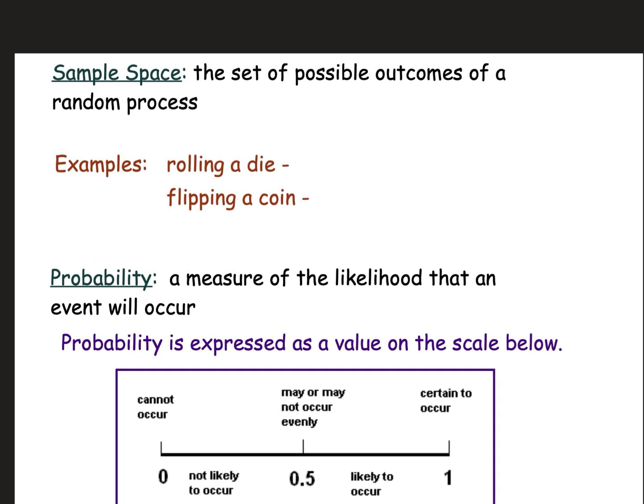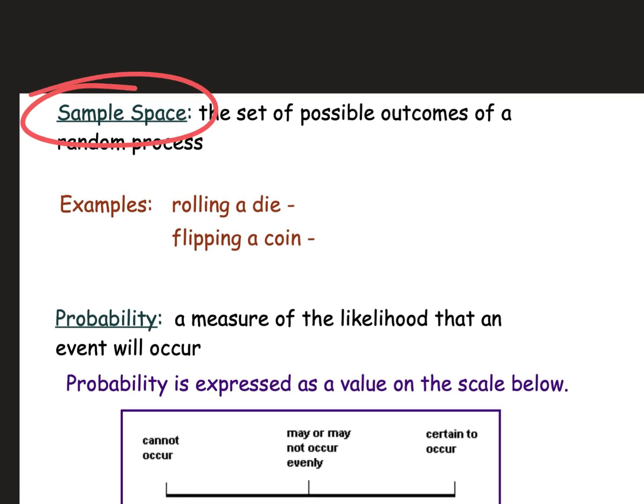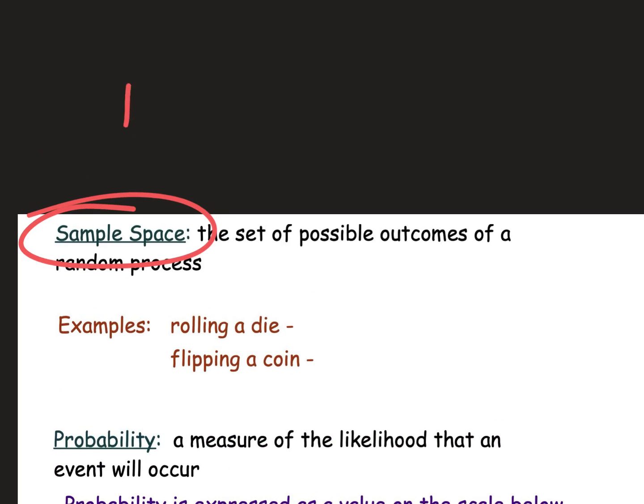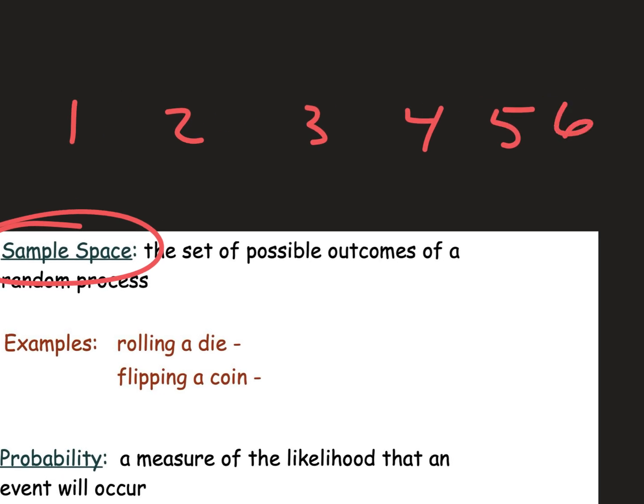All right. Sample space. That's one of the weirdest ones. You remember that list of 36 things that can happen on the die? That's the sample space. It's all the things that could happen. What if I'm rolling 1 die? Well, then the sample space is 1, 2, 3, 4, 5, or 6, because those are all the things that could happen. So a list of all the things that could happen, that's called the sample space.